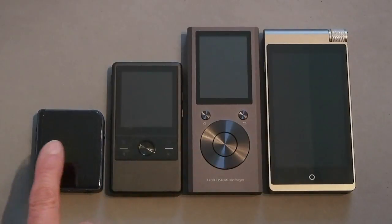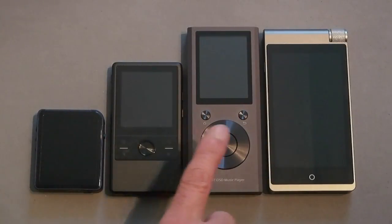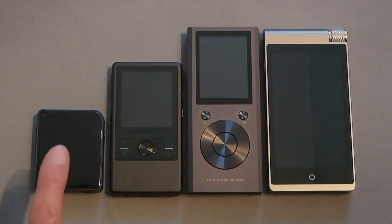And I'm going to go over those brief improvements, and then I'm going to focus on the Cayin N3 because there were some questions about the user interface I think I can answer in the video. Alright, so